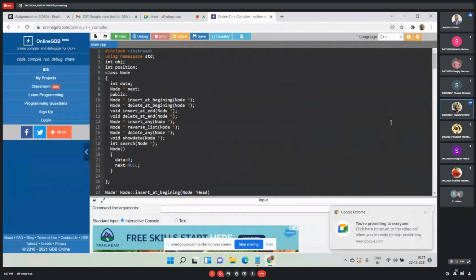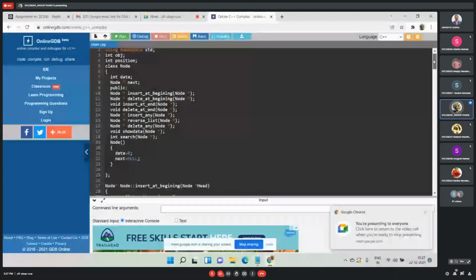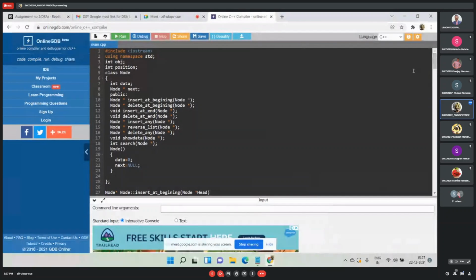How many assignments have you done, Anup? Sir, the second is complete and I will complete the first and third today. Why not before? Sir, it was showing some error in the first, so I deleted it. I will complete it today. Okay, so explain this. Yes, sir. It is about a linked list, in which I have done insert at the beginning, delete at the beginning, insert at the end, and also delete at the end.